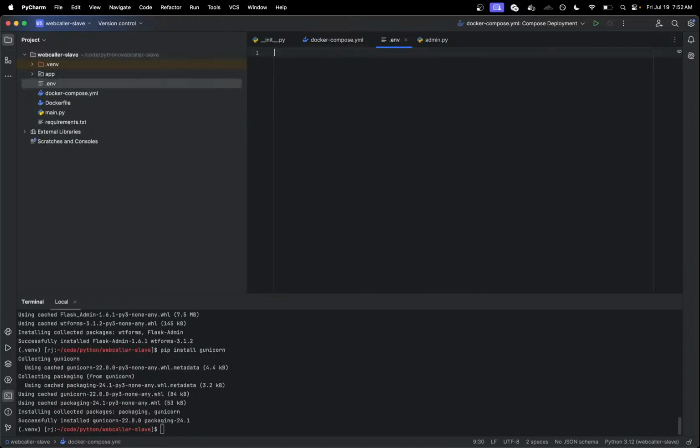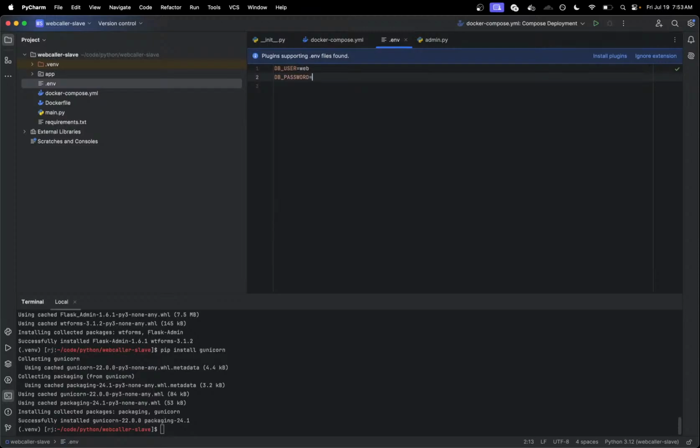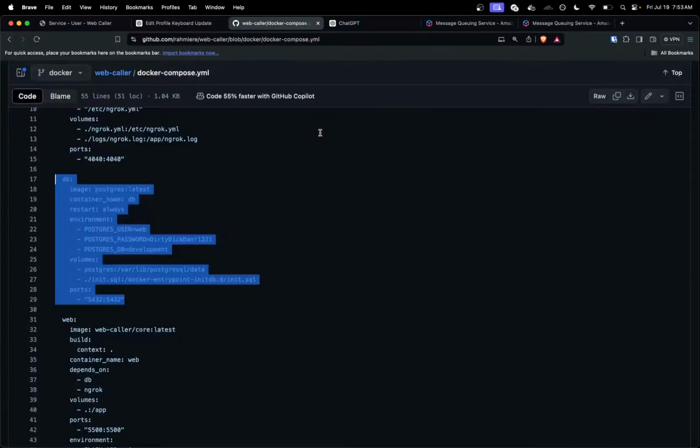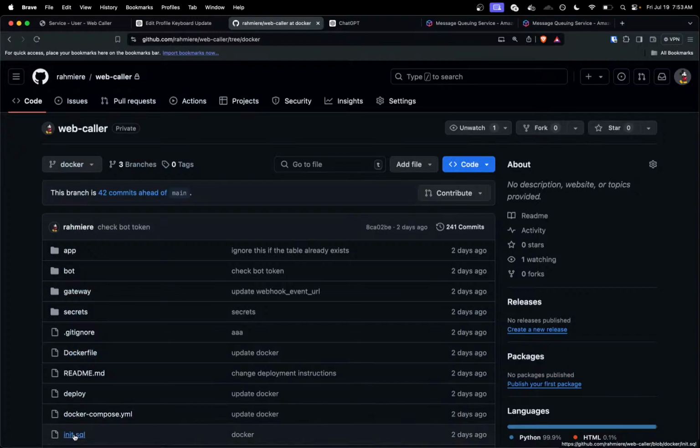So for now, DB user equals web caller. We'll just do web. DB password equals the password. DB name equals dev. And we had an init.sql script, and I think that just created the